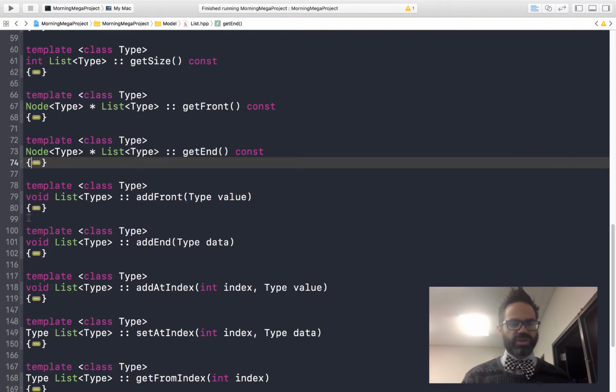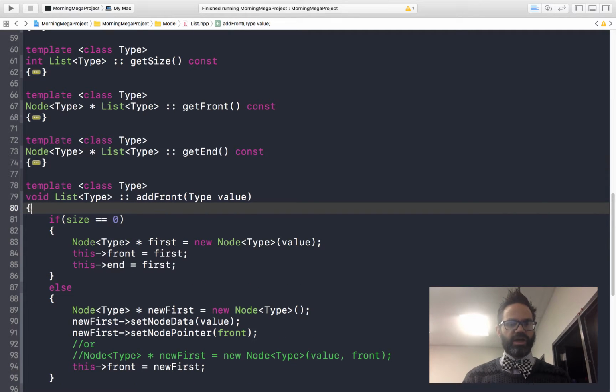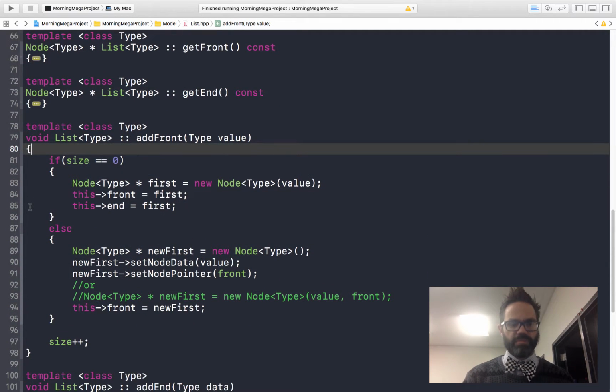So let's take a look first at the addFront. In the addFront method, we have a little test at the beginning. We have to see if the size itself is 0, because if size is 0, we have to modify both the front and the end pointer, because there's nothing there; the first one we add will be both the front and the end. At this point, we create a new node. It's a new node of type pointer first, and I assign it using the constructor, specifically using the value right there. Otherwise, if it's not the first spot, I'm going to make